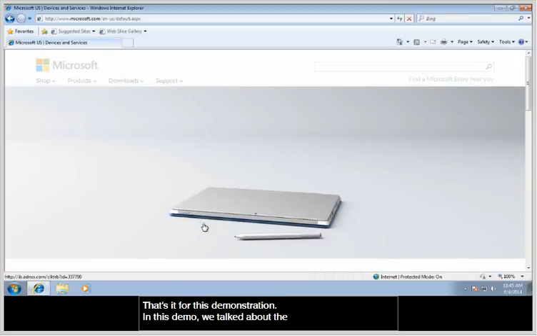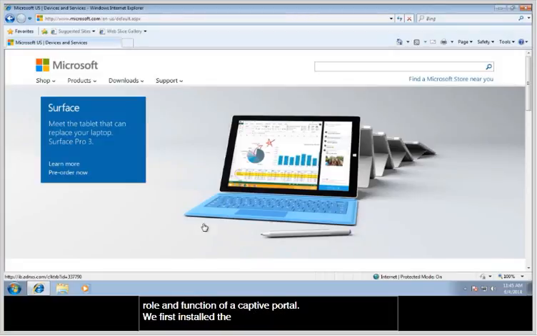That's it for this demonstration. In this demo, we talked about the role and function of a Captive Portal. We first installed the Captive Portal software. We then configured the Captive Portal to require us to agree to terms and conditions before being allowed out on the internet. And then we set up a workstation on our